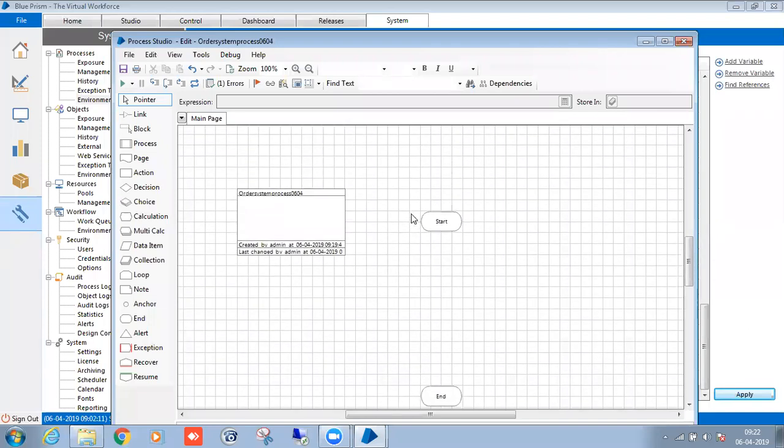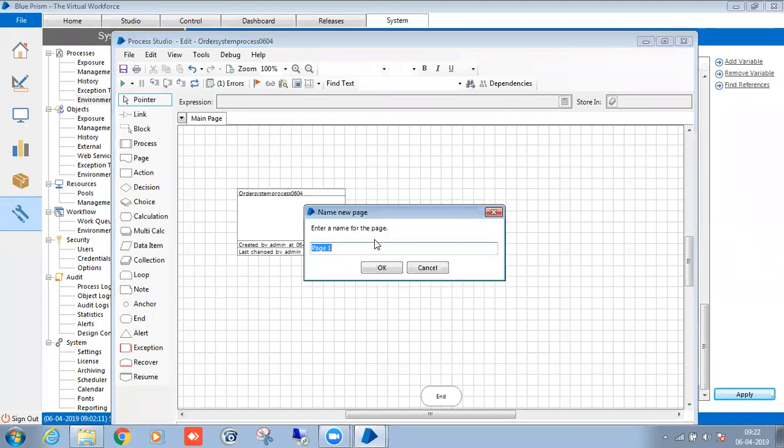So if I do everything in a single page, it will be clumsy, and in the future you may not know how to add extra functionalities to the same page. That will be very tough for you. So whatever I do, I will create in sub pages, every small task. Whenever I want to add new functionalities I can add them, and troubleshooting is also very easy. Right. So first I'll add one page called initialize.